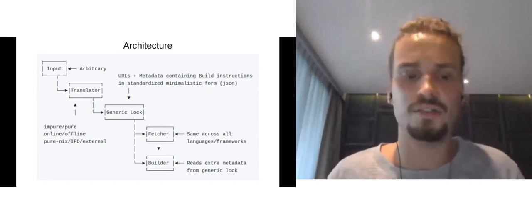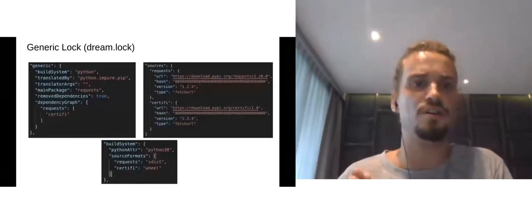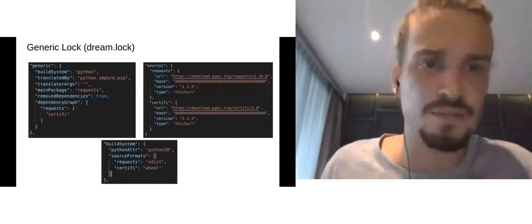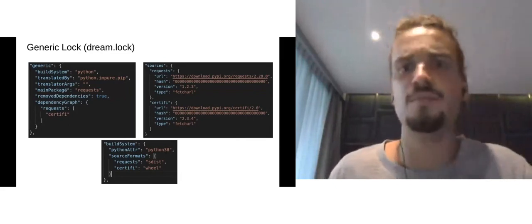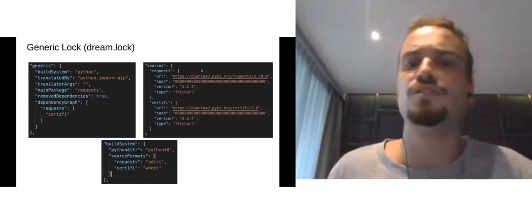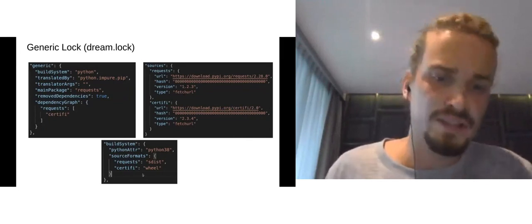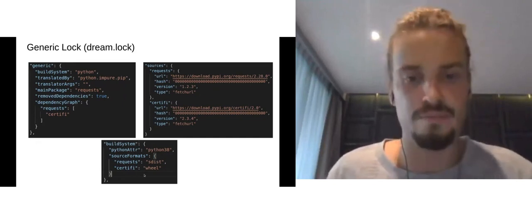Yeah, so here is a quick example of how this generic log looks like. So we have 3 different sections. There's the generic section, which is the same for every build system. There's a sources section, which also looks the same. This is like a standardized format. And then we have the build system specific section, and this is standardized by the subsystem, by the specific build